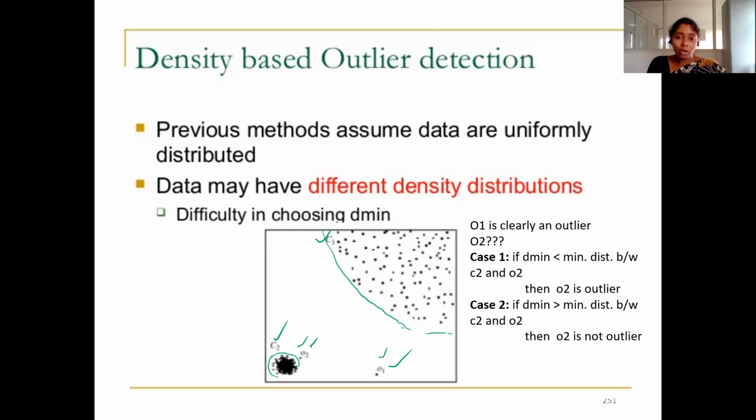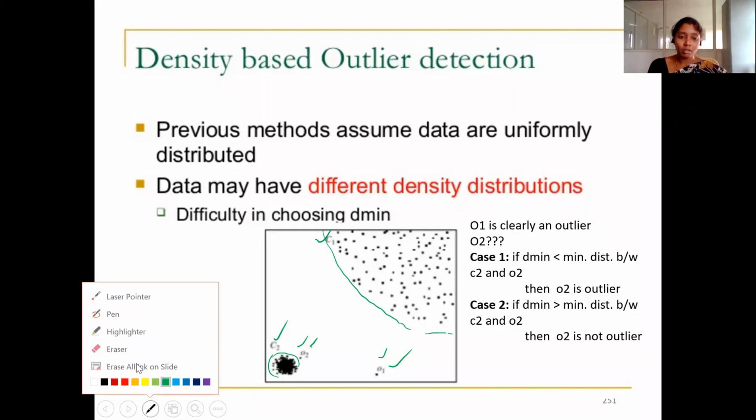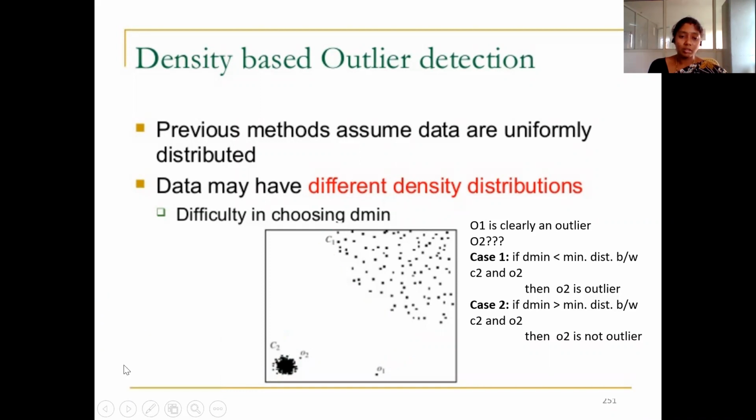Suppose you are not considering the density based outlier, you are considering the distance based approach. By using the distance based approach, clearly O1 is an outlier. There is no problem with O1, but whether O2 is an outlier or not is purely based on the d min, the minimum distance constraint. If d min is less than the minimum distance between C2 and O2,